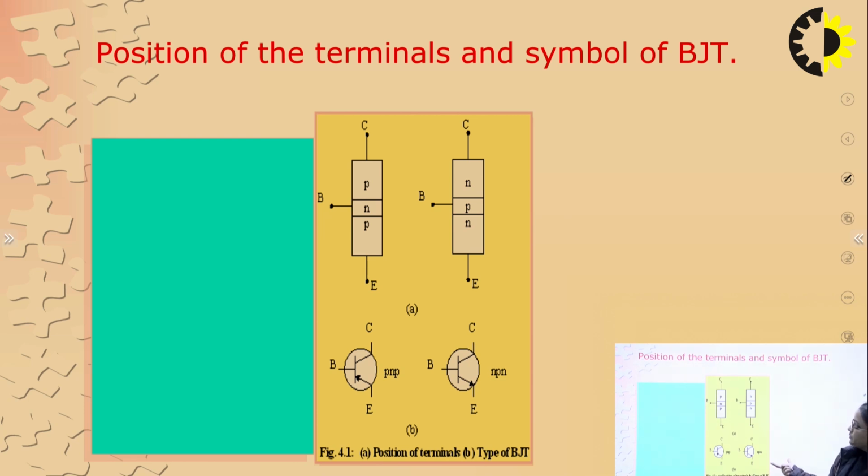So this is all about the position of the terminals that we have depicted. In the upper figure, we have depicted the base terminal, the collector and the emitter terminal. These are the three terminals of BJT. The first example is of PNP and the second one is of NPN. And as I said earlier, we differentiate PNP from NPN in that in PNP the arrow is inside, depicted inside the emitter terminal, and in NPN it is outside.